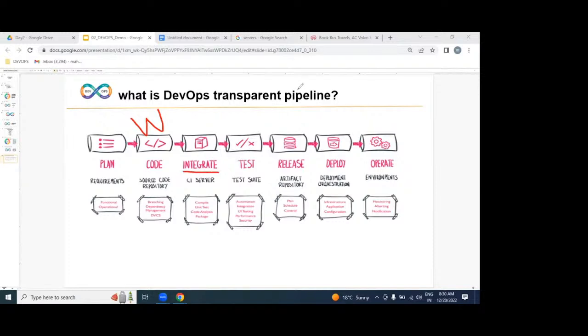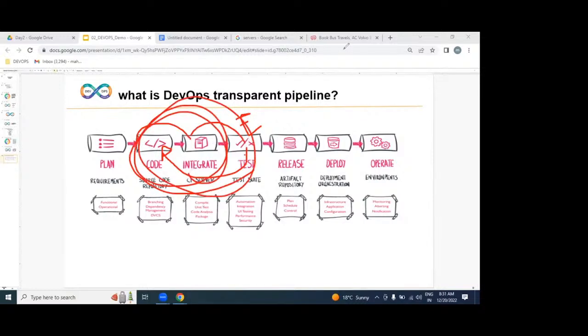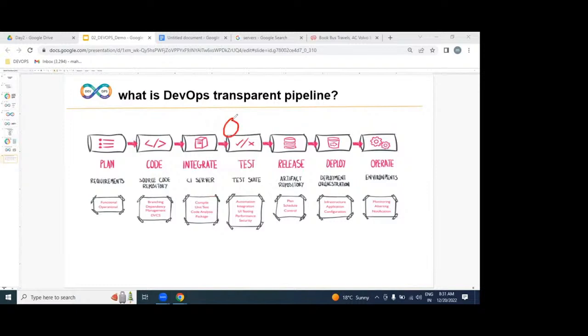Once it is integrated, we need to verify whether the software is working or not. That is the reason we are going to be executing test cases. But we are not writing any test cases; they are written by testers, and we are just integrating in this process. If you get any issue or error, it is automatically redirected back to the developer. The developer has to fix the issue, then again integration, again testing. So this loop will be repeated until zero errors. Once there is zero errors, we call it working software.